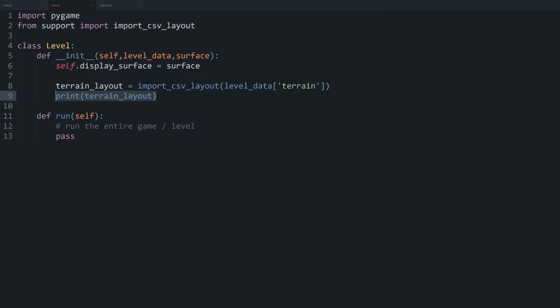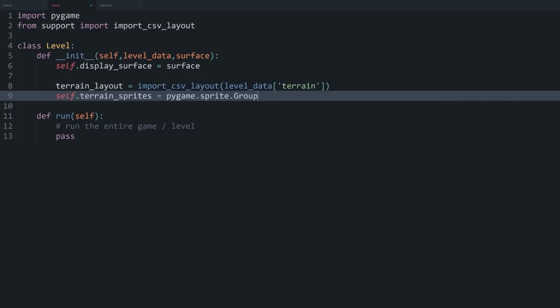So here I'm back in my level class and I want to get rid of this print statement here. And instead, I want to create a new sprite group. And let's call this one terrain sprites. And in here, you might be tempted to use something like pygame.sprite.Group. But in my case, I am not going to do that. Instead, I'm going to create a function that is going to return a sprite group. And let's call this one